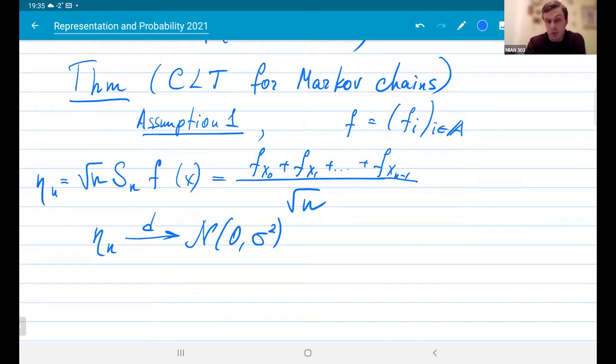But now I want to say that this is, of course, not just the variance of this function f. It is something a bit more delicate. Again, we should say that here you can think that x is chosen randomly with respect to our Markov measure on our space omega. And then we have this set of random variables, we have the law of each of these variables, and then we have this convergence in distribution. So this is a theorem.